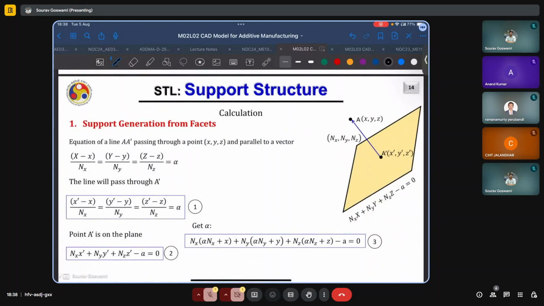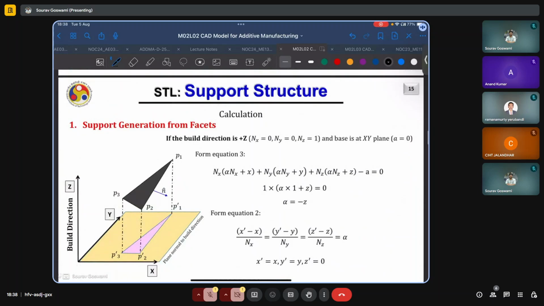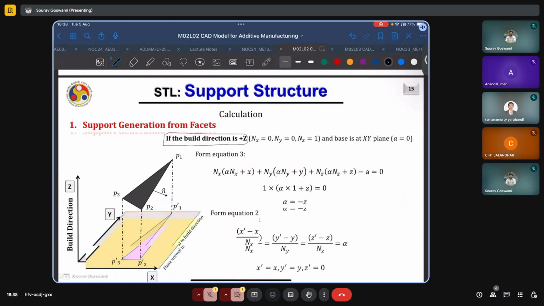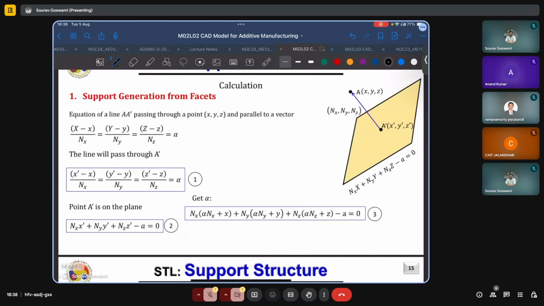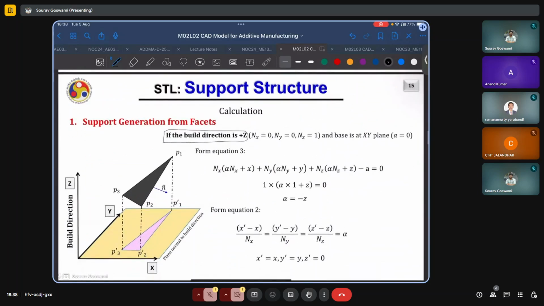The next topic is support generation from the facets. And here we have the general case. Here are the triangular facets that we typically encounter in STL files. And here the build direction is already assumed to be positive Z. If the case is more generic, we'll refer back to the derivation here. But for the usual case, where the build direction is aligned with positive Z,